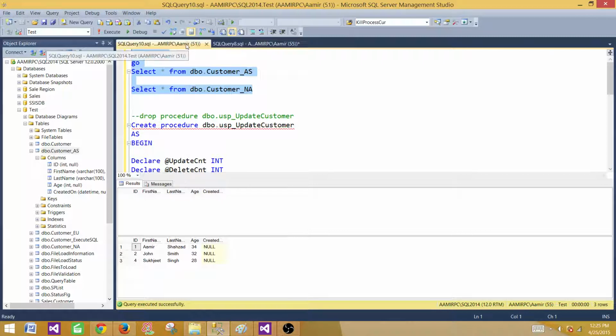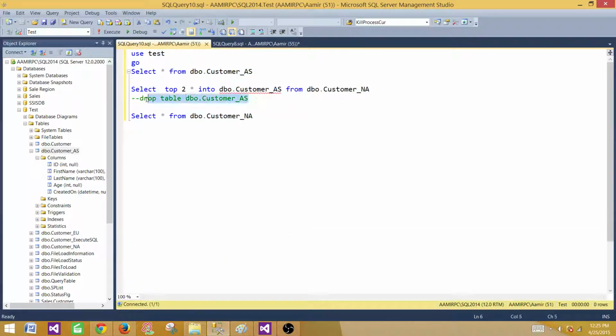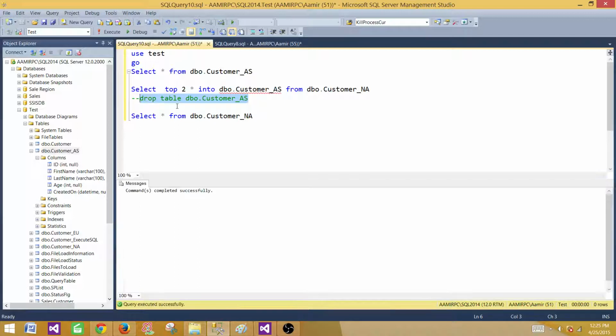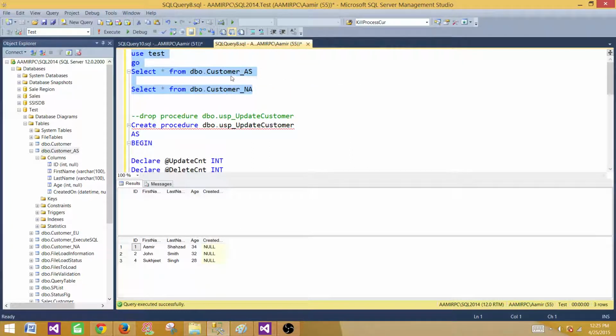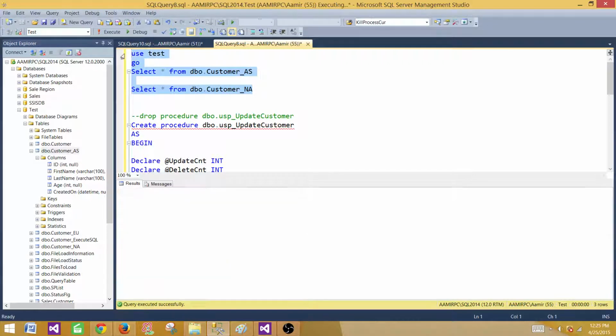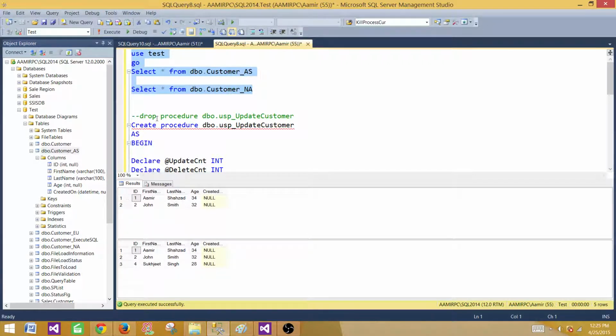So here what I did, I dropped the table again, and now I'm inserting 2 records. I'm inserting 2 records from the North America table to the Asia table. So we can run the same test in our SSIS package. Now you see that both tables have the records, and if I run the stored procedure again, it's going to